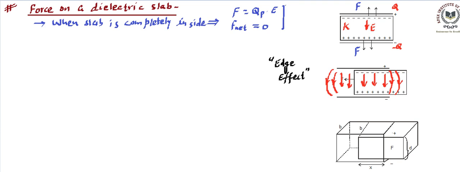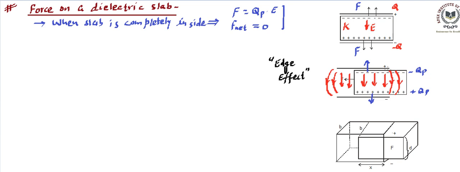Now we will be able to find the force acting on the slab because of this existing field. Now this charge is minus QP, polarized charge. This charge is plus QP. So force is going to act on these polarized charges, and this is the field which is going to apply the force. These uniform perpendicular fields will be applying the force, as we have already talked about, in this direction as well as in this direction. But we will find that these forces are not going to contribute in finding the net force. That means the net force because of this is going to be 0.